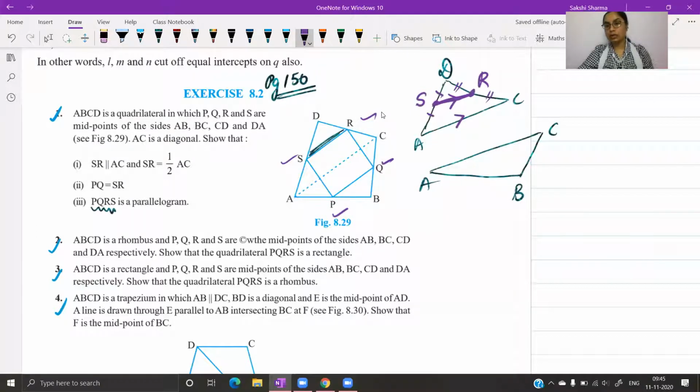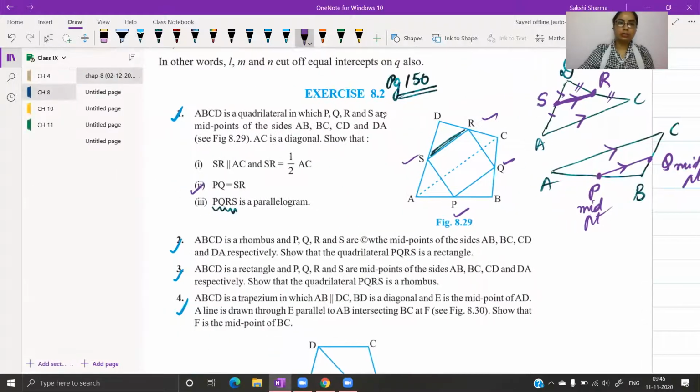Similarly, in the other triangle, AB का midpoint है P और BC का midpoint है Q, and when I join these two midpoints, the line segment obtained PQ will be parallel to the third side and it will be equal to half of it. So PQ will also be equal to half of AC and PQ will be parallel to AC. And then you will combine those two results in order to obtain your result number 2. Let's write down and we will go over the answer once again.